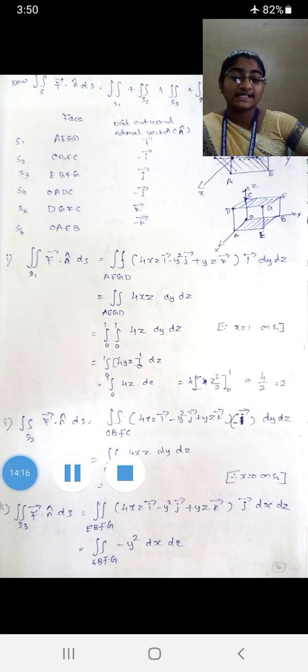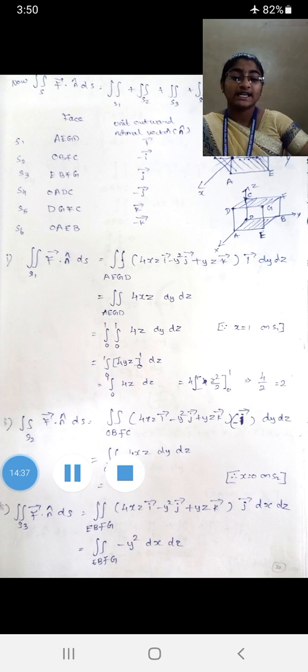When we substitute x equal to 0, all the integral will become 0. So our surface 2 will become 0. Now the third surface, surface 3: the double integral over S3 of F vector dot n cap dS. We can take E, B, F, G, that is one side of the cube, and it is denoted as j